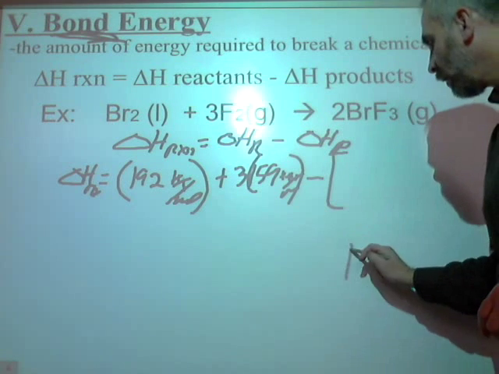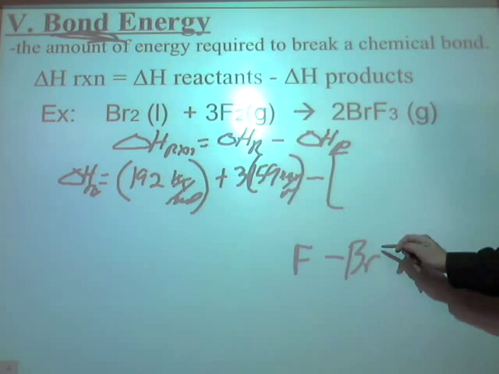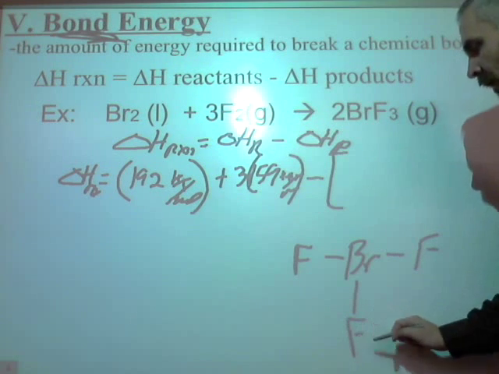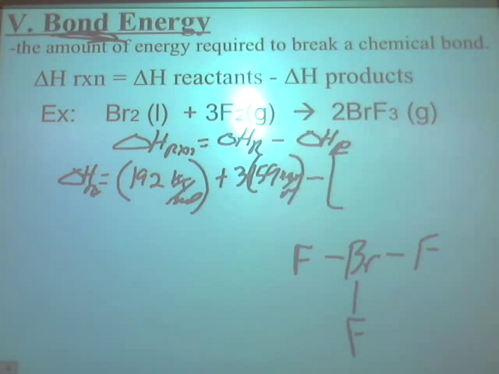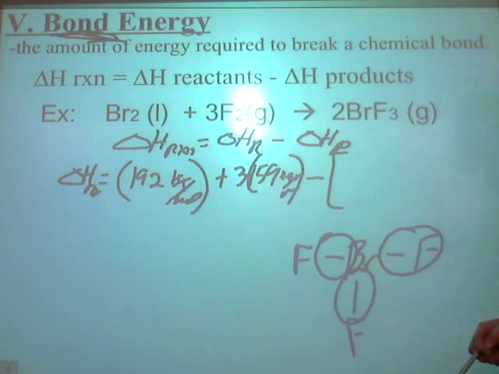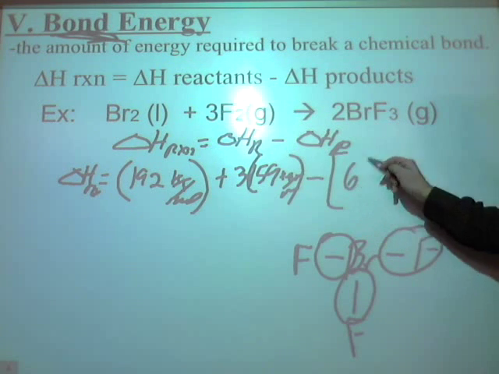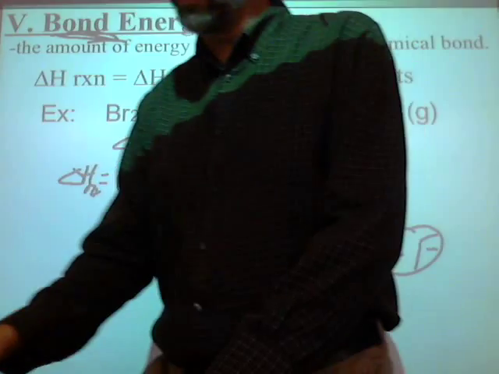If you were to draw out BrF3, and by the way, the next one I do, you're going to want to draw these out. Wouldn't you draw BrF3 like that, right? You'd have to. You'd have no choice. It has to be drawn like that. How many BrF bonds are being broken? 3. 3 of them in here. 3 times 2 is 6. 6 times BrF's bond, which is